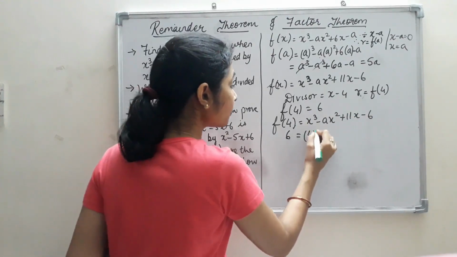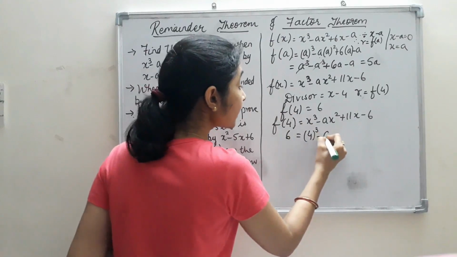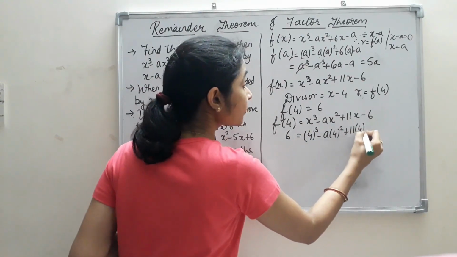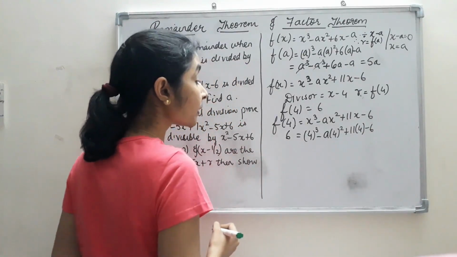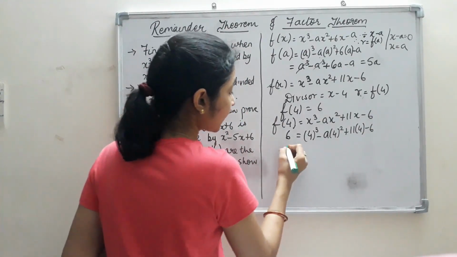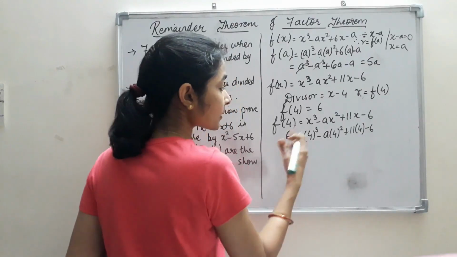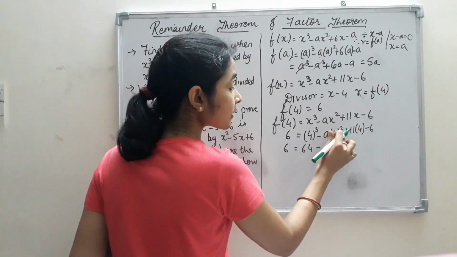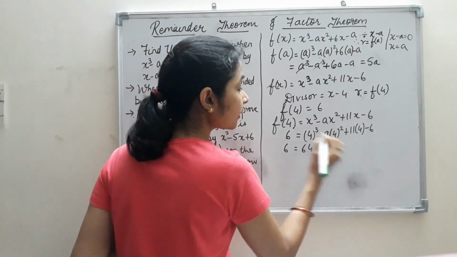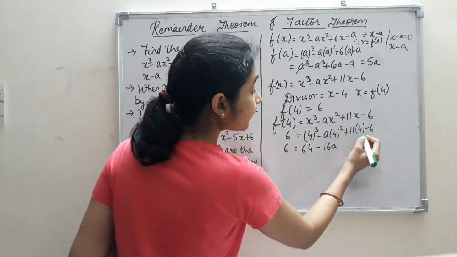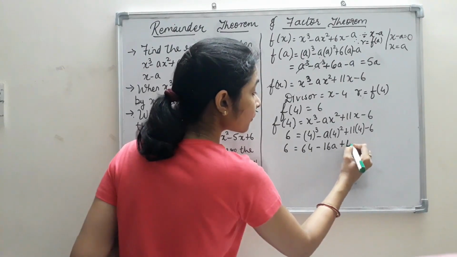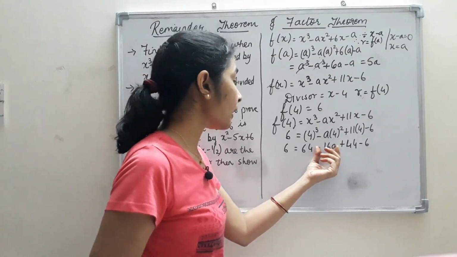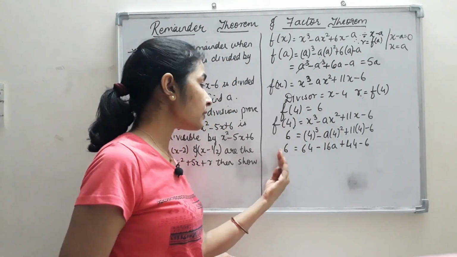Okay, so 4 cube minus a into 4 square plus 11 into 4 minus 6. Now doing the further calculations, 4 4s are 16, 16 4s are 64, minus 4 4s are 16 into a gives me 16a, and here 11 into 4 gives me 44 and minus 6. Now this 16a is an unlike term, this I will take on this side and 6 will go on the